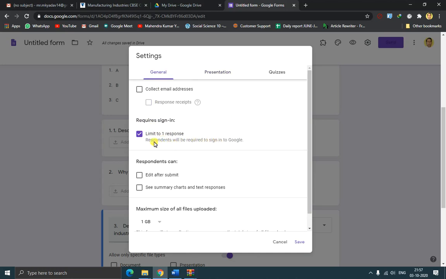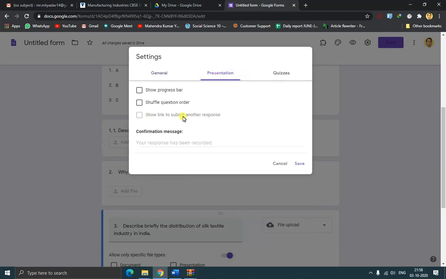So students should be informed earlier that they should have a Google ID on their mobile phone, so that whenever this Google form questionnaire goes to them, they can sign in to that Google form, or sign in to their Google Chrome browser, and then they can access this Google form easily. So these are the general settings: limit to one response.